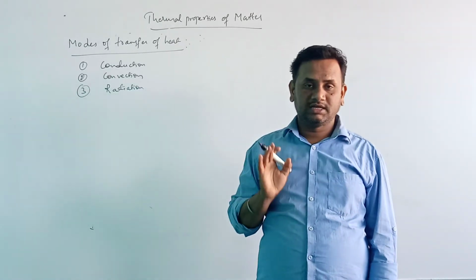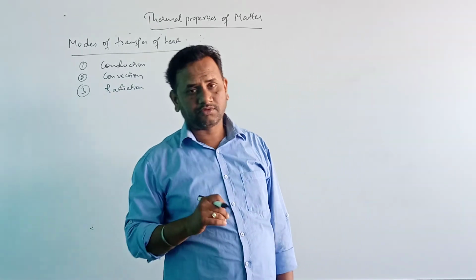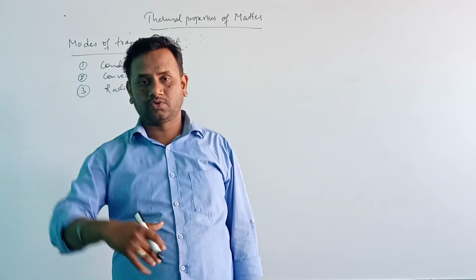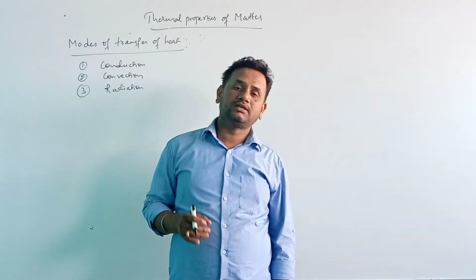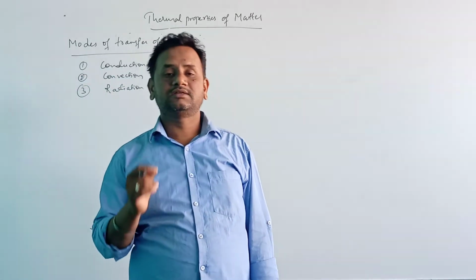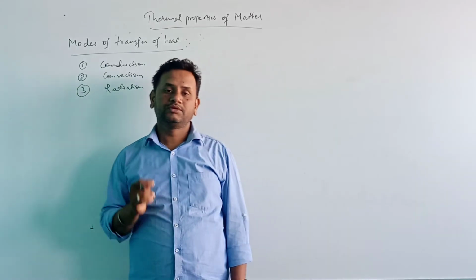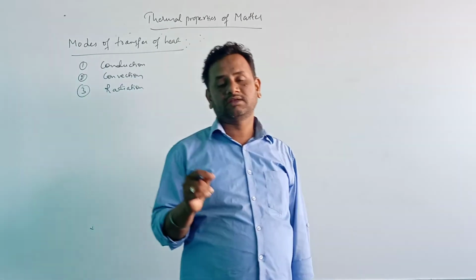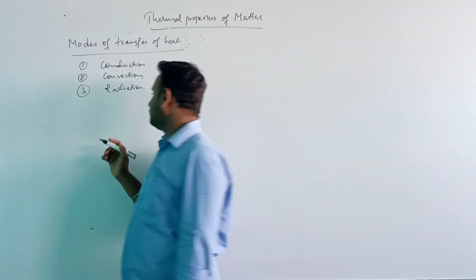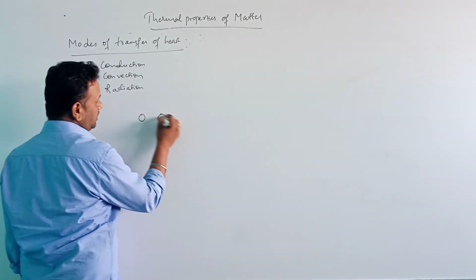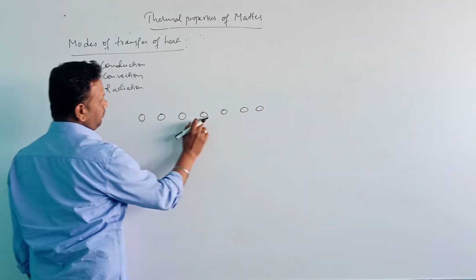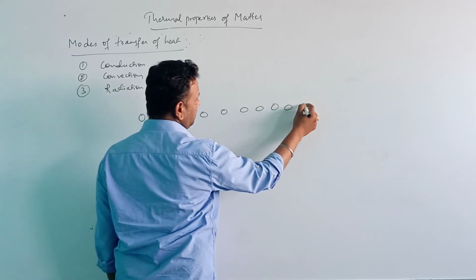There is a teacher in the class, and there are many students seated in a row. The teacher gives an apple to the first boy and tells him to pass that apple to the last boy. Say, for example, there are 10 students seated in a row: 1, 2, 3, 4, 5, 6, 7, 8, 9, 10.